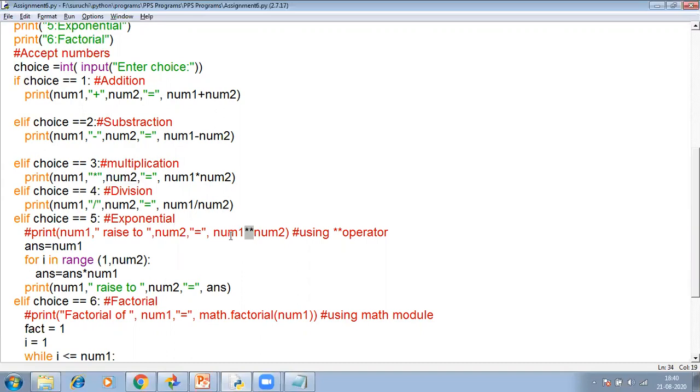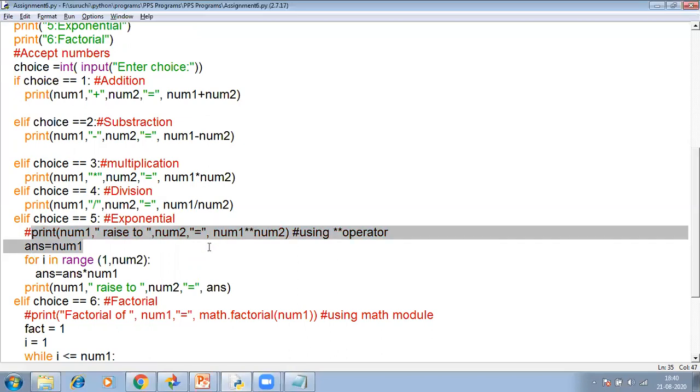Like number 1 raised to number 2 can be calculated by using this exponential operator. So this operation will be performed automatically and the result will be displayed using this print statement.